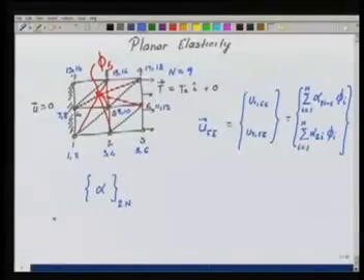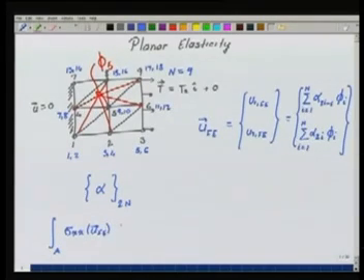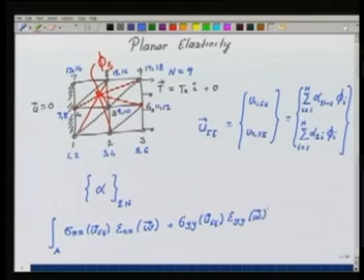Our weak formulation was integral over the area sigma xx due to the finite element solution into Exx due to the test function W plus sigma yy due to UFE into Eyy due to w plus tau xy due to the finite element solution